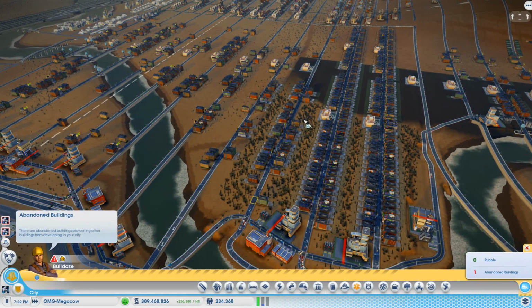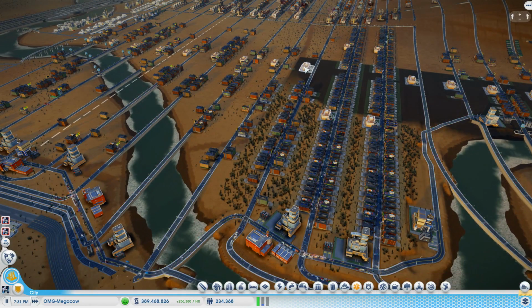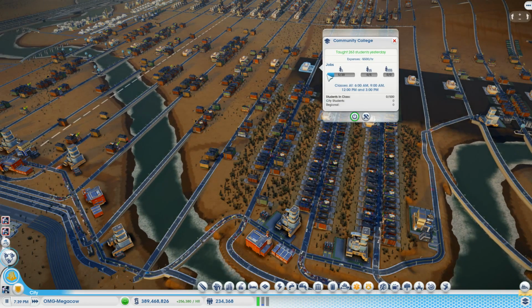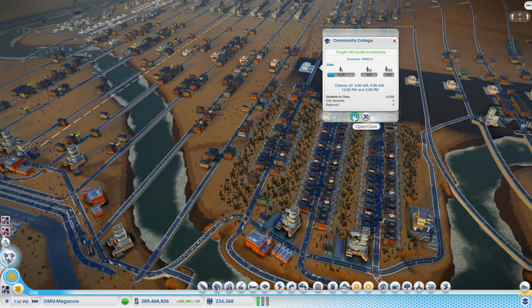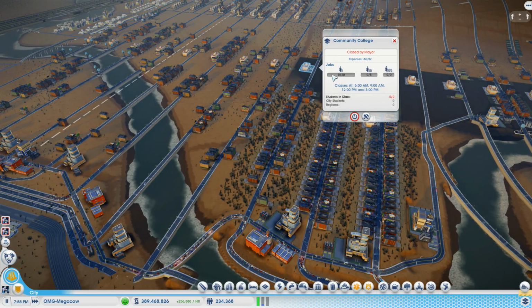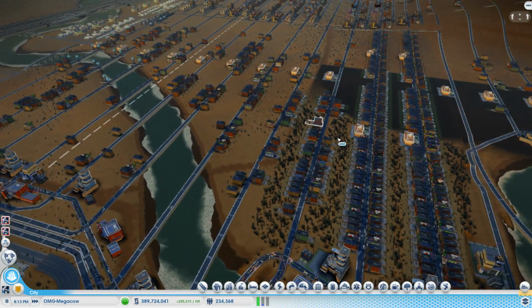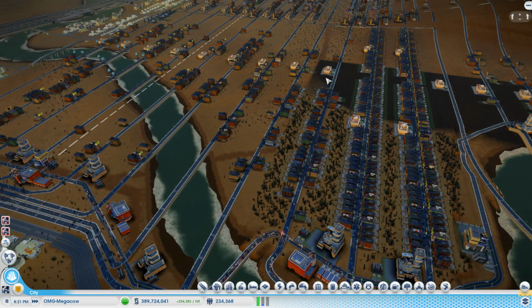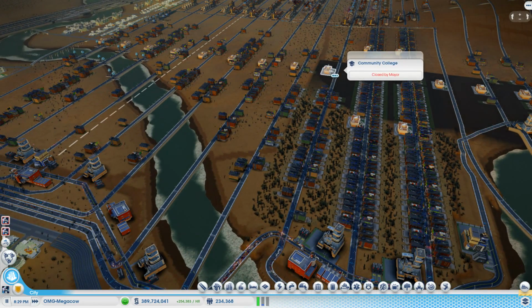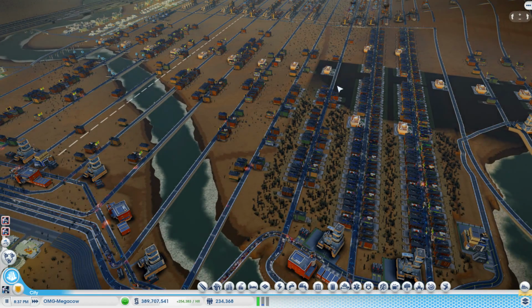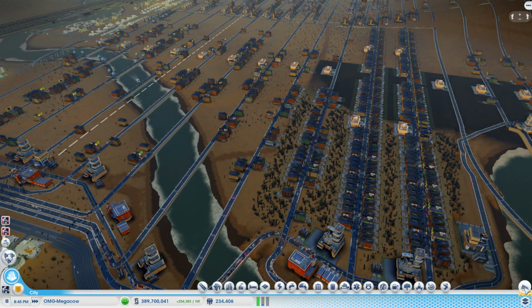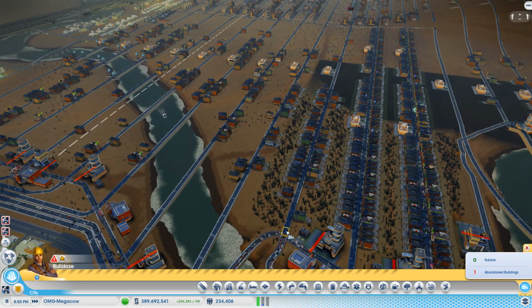So, one of the things I have been doing when I've been playing around with the community colleges is just turn them off to clear everybody out before you demolish them. I don't know whether it makes any difference, because when you demolish them, you will see all the people coming out, but I just try to do anything to avoid problems.